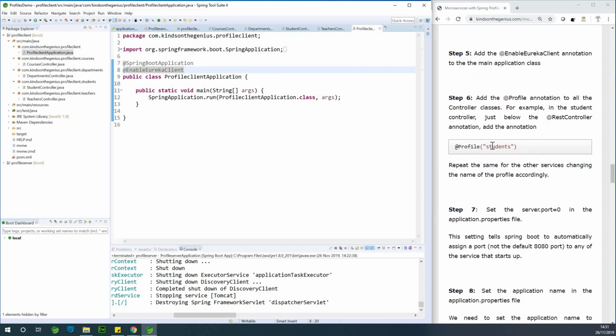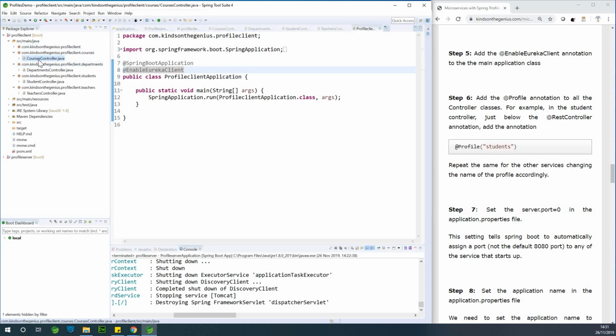All right, so now it's time for us to add the profiles. Now we are gradually moving into what we are trying to talk about. So for each of these packages, we are going to make sure that these controllers are in different profiles, meaning that we are trying to make them into different applications so that when we run a particular profile, it's going to run only the content of that particular package. So let's start with